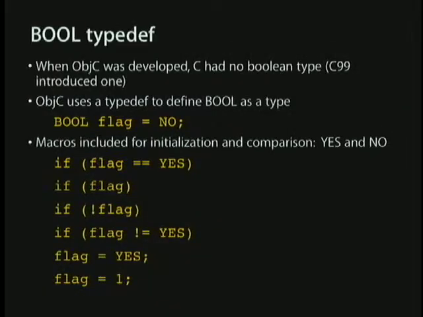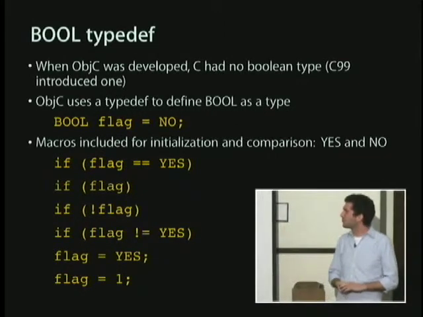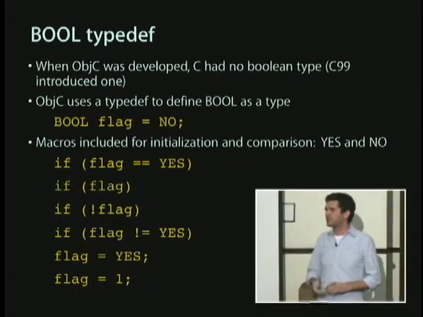So when Objective-C was introduced, C did not actually have a Boolean type as part of the language. So we have a separate Boolean type defined in Objective-C. It's capital BOOL, and we've got some separate constants to define 1 and 0 for that. It's obviously capital YES and capital NO. We also define capital TRUE and capital FALSE, but YES and NO are pretty commonly used. I could go either way with those, really. And you can also just set 1 and 0 directly.